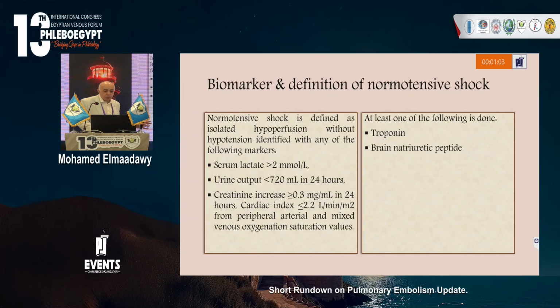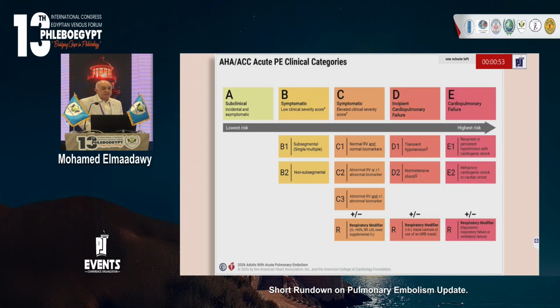Biomarkers that we go for, either troponin or brain natriuretic peptide. Usually we do both together in order to put the patient in one of these classifications, because it will dictate much of the things we have questions about. Who is going to be admitted? Who is going to be treated at home? In which segment of the hospital should these patients be put in, or also the use of the